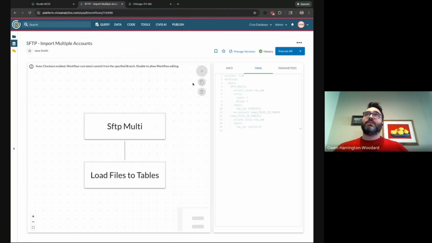And it also disables me from editing this workflow manually. So that ensures that your production level objects are always running on version control. And this is available for jobs as well as workflows. So you can make sure that everything is configured to pull.